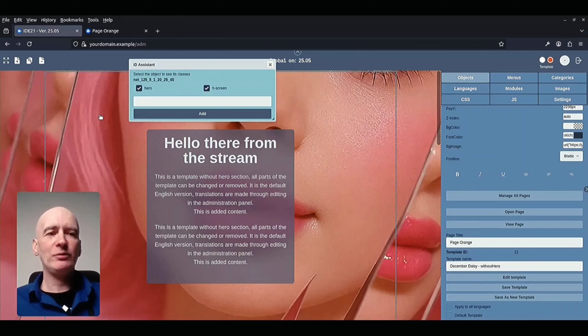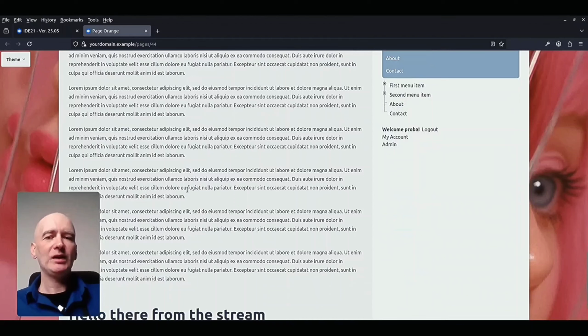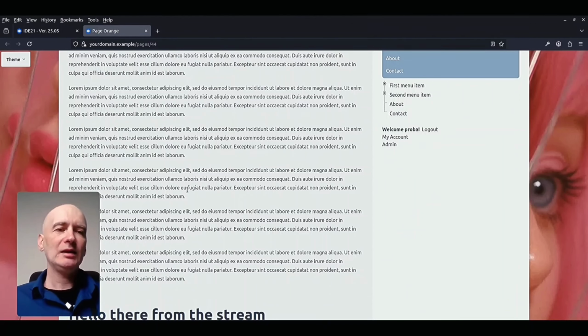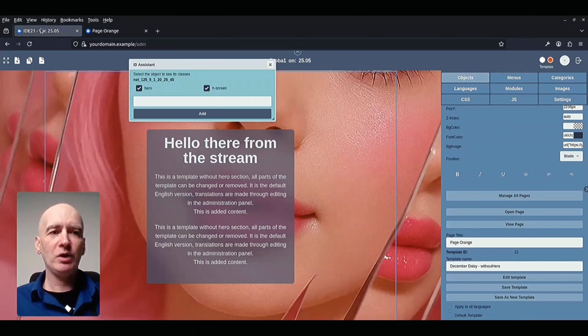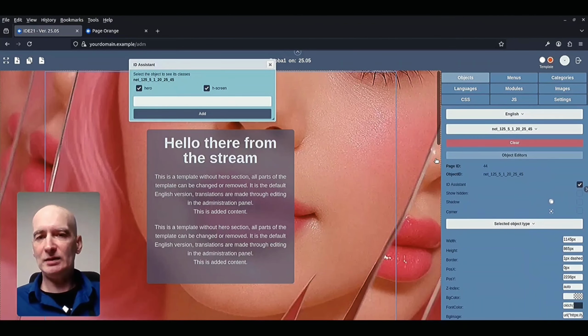Now, perhaps we want this template not to be limited to the 4/5 of the screen, but we want the template to accommodate the full width of the screen. For that, we will also use these Tailwind CSS classes.